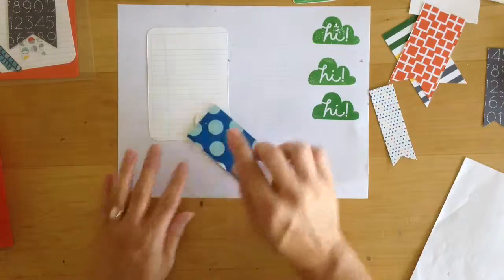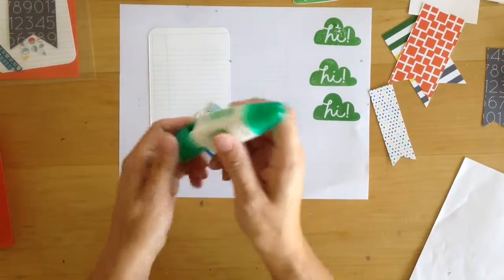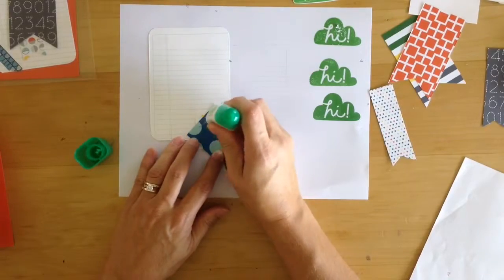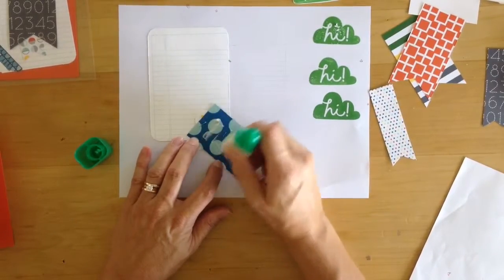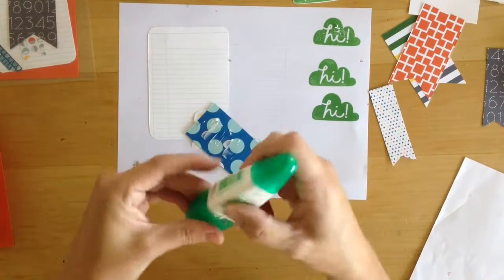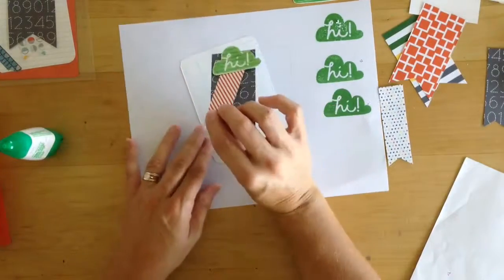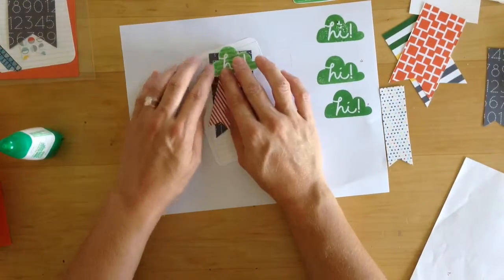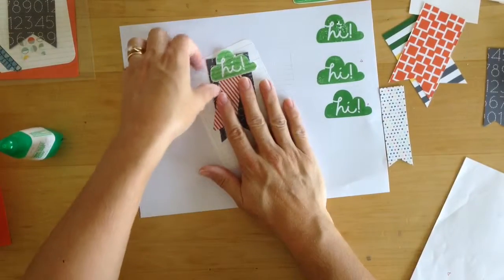Now that I've put that together, I'm going to use my adhesive. You don't have to glue the whole thing down, just put some glue on because we want it to stick to our background stamp. So I'm going to take this background stamp, and again at an angle. Now, you could have, if you wanted to,